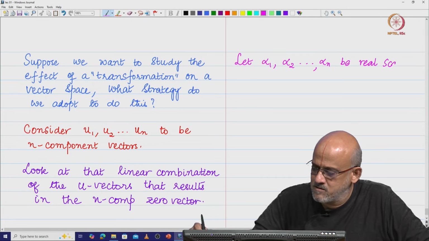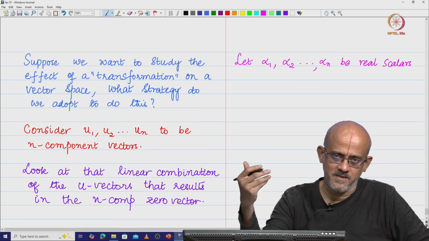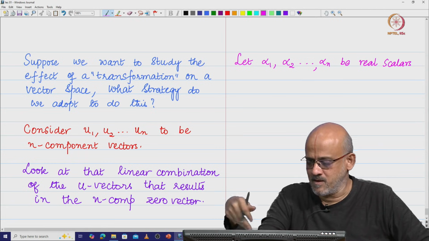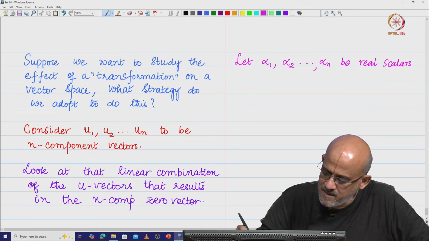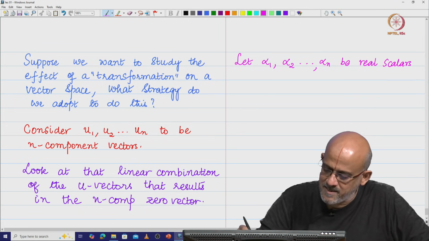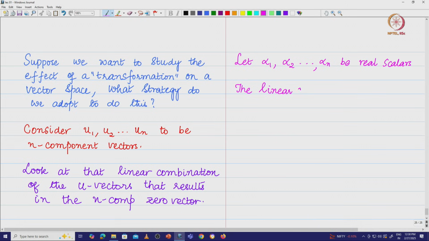Again I am just going to consider real vectors here, u1, u2, un are all real vectors, that means the components that they have are all real numbers. I am going to look at alpha 1, alpha 2, alpha n to be real scalars. So, the linear combination of the u vectors is given by